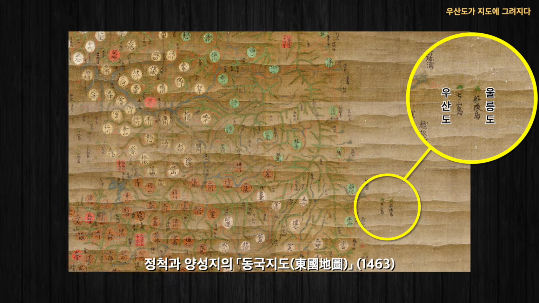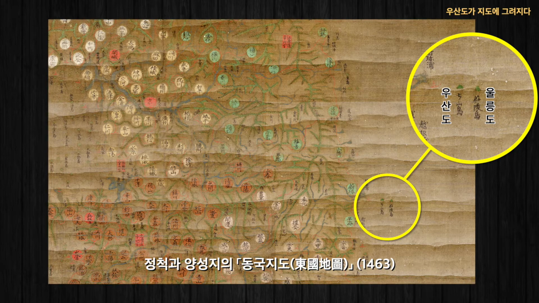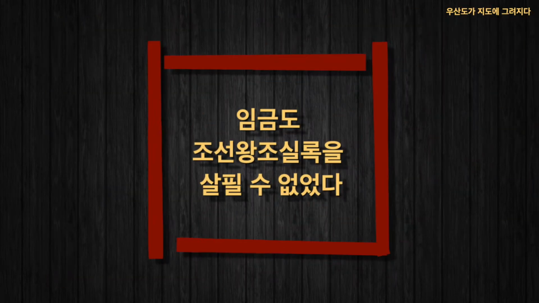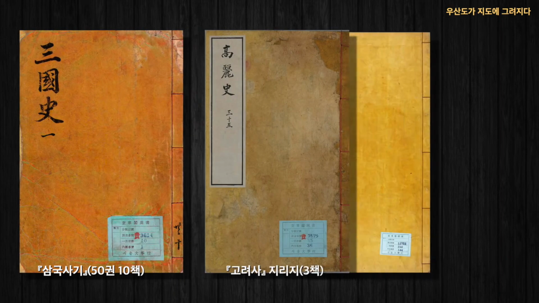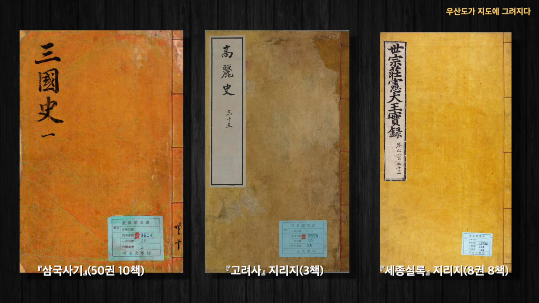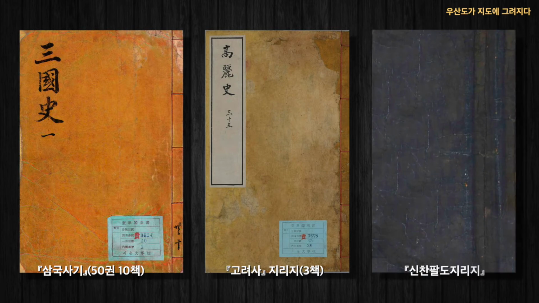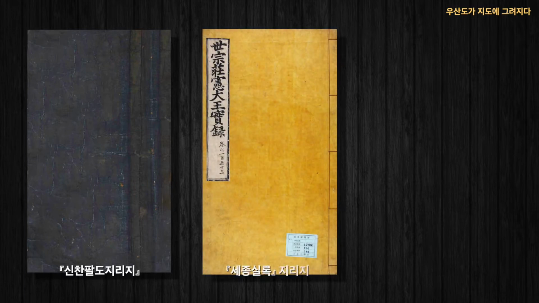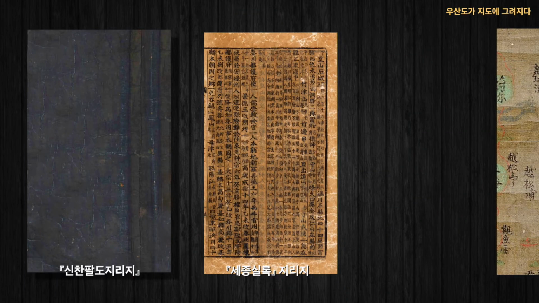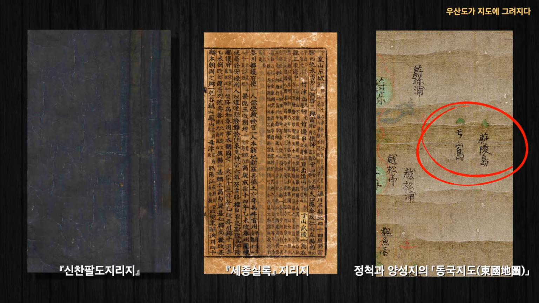During the Joseon era, no one was allowed to read the veritable records of the Joseon dynasty, including the kings. And documents that they had access to were Samgoksagi, the geography section included in the history of Goryeo, and the New Geography Book of 8 Provinces. Among these documents, the New Geography Book of 8 Provinces is the only one which transcribed the reports provided by Kim In-woo as facts after his investigation of the islands in the East Sea as a special overseer. Because Jongchok and Yang Songji produced the map by royal order of King Sejo, they turned to the officially sanctioned sources at the time, the New Geography Book of 8 Provinces.